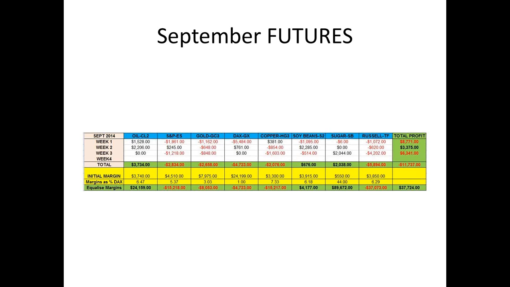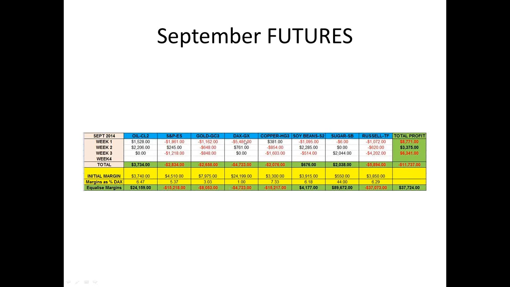The interesting thing about this result is that you can see the 3 weeks to date is negative $11,737. However, in past webinars we've talked about equalising the margin, and essentially that's taking every contract value up